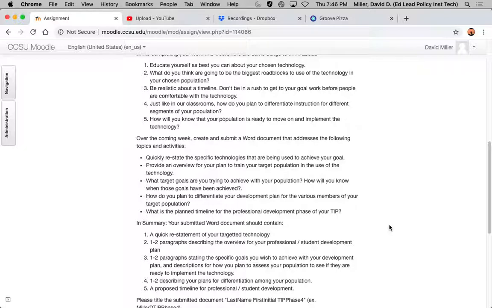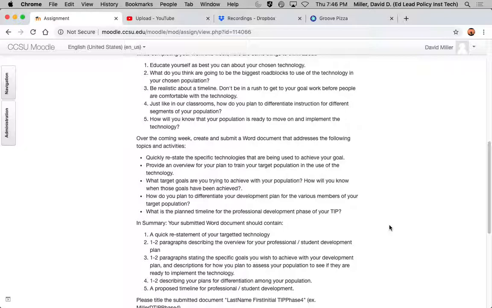Think about differentiated instruction. If you think about whatever population you're looking at, as we all know from working in our own classrooms, you're going to have people at different levels. You will have a couple people in there that probably can grasp the technology right away and will be off and running and doing their own thing, barely having had any training at all. And then you're going to have the other people who are proud of the fact that they still don't know how to check their email without help from somebody, right?